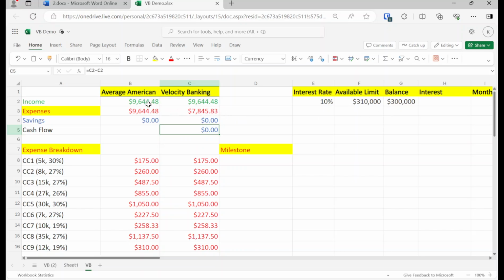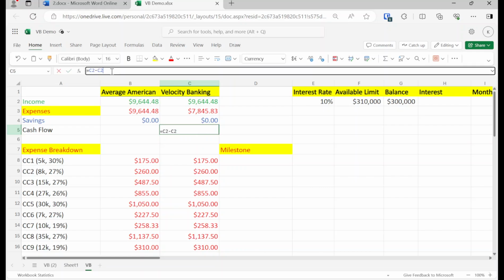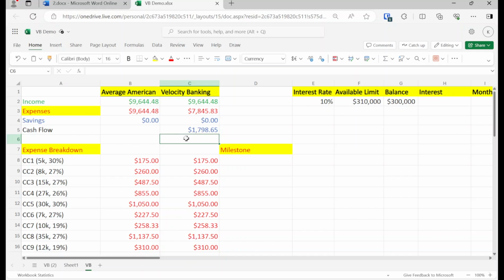C2 minus C, whoopsie, C3, my bad. C3. Okay, so you might be thinking, oh my goodness, we went from 0 to 1700 without making more money. And yes, that's kind of correct, but it's kind of not. Because we also have to take into account the interest that the line of credit is going to charge us for using it